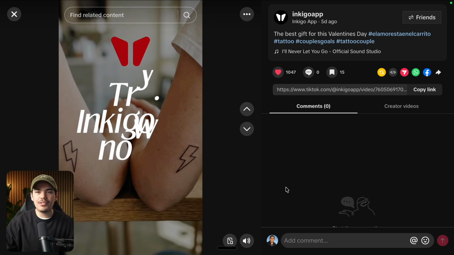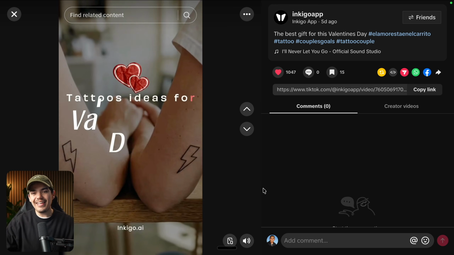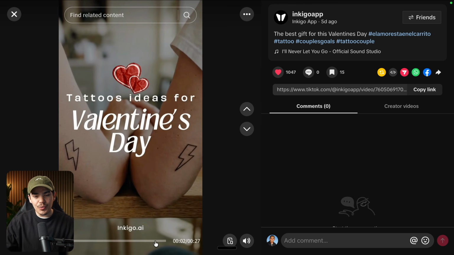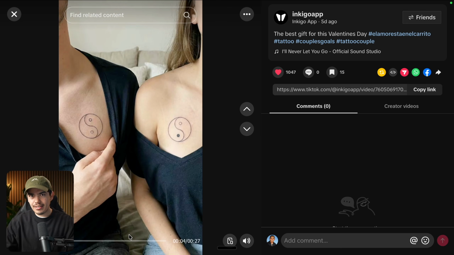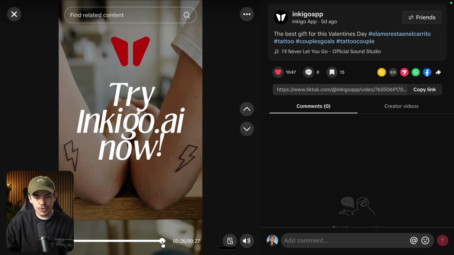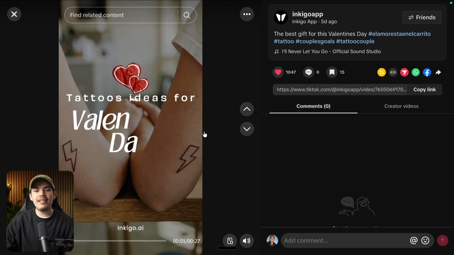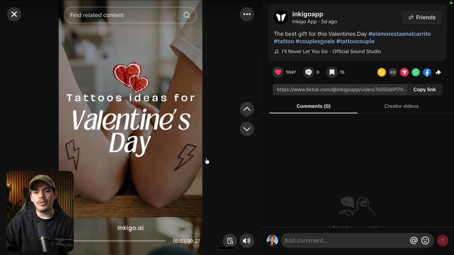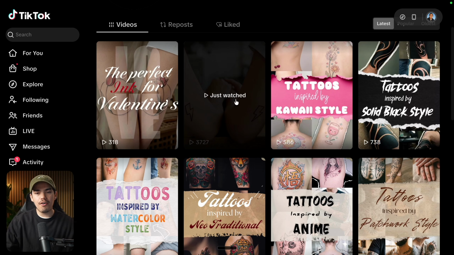And by the way, all these images were generated using AI. And at the very end, we show the call to action. You can barely see the website there, but if I show you just the last second, try Inkigo.ai. Now, that's all. And then if users really want to do it, they can go to the profile of Inkigo,